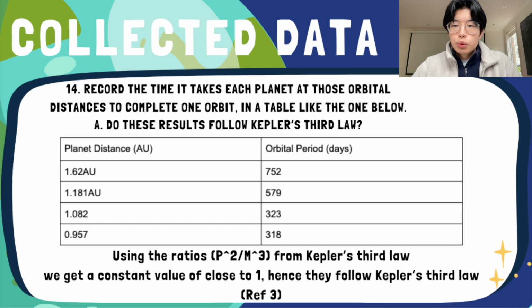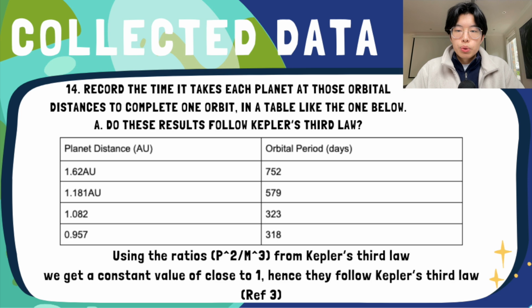In our first experiment, we had an average planetary distance of 1.60 astronomical units, which corresponded to an orbital period of 752 days. In our second experiment, we had a planetary distance of 1.181 astronomical units, which corresponded to an orbital period of 579 days. In our third experiment, we had a distance of 1.08 astronomical units, which corresponded to an orbital period of 323 days. And in our last experiment, we had 0.957 astronomical units, which corresponded to an orbital period of 318